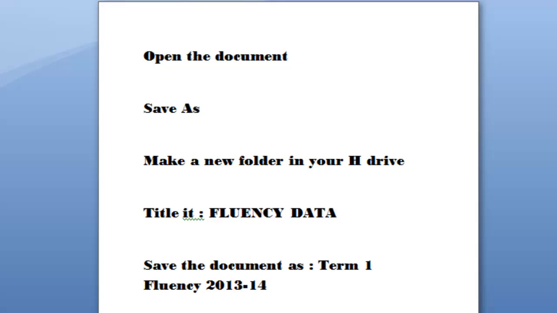Once you open the document, you will immediately want to save it to make it your own. To do this, you need to go to Save As. Once you do that, you will make a new folder in your H drive. Possibly, you would like to title it Fluency Data. Then, you can save the document as Term 1 Fluency